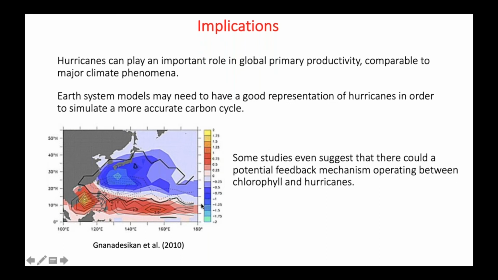So to illustrate this, let's consider this figure from Gnanadesikan et al. in 2010. They performed two simulations with an Earth system model. In one, they turned off the chlorophyll effect, and in the other, they turned on the chlorophyll effect. We know that chlorophyll is very good at arresting shortwave radiation and confines it within the upper few meters